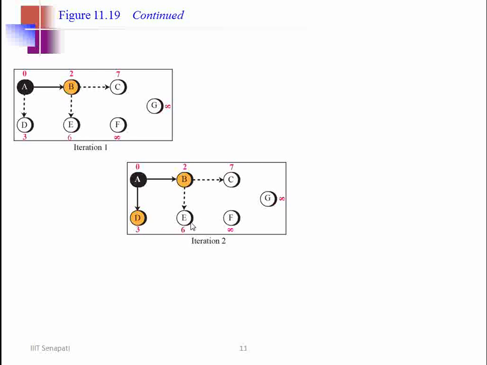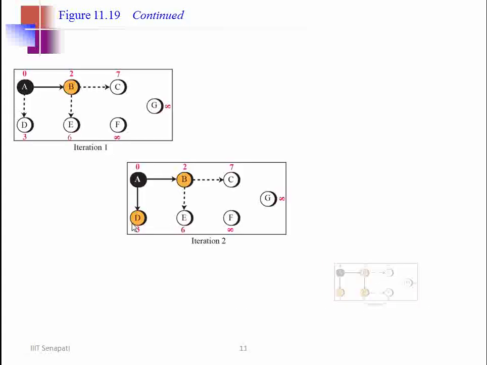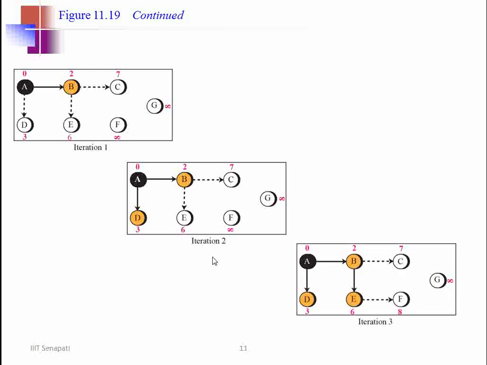Although since E has not been finalized, we will calculate the distance. If we see in the last example, we will find that the distance is 3 plus 5, which is 8, and for now we are reaching it in 6. That's why it is not being updated. So 6 is finalized. It was 7, so 6 is finalized.